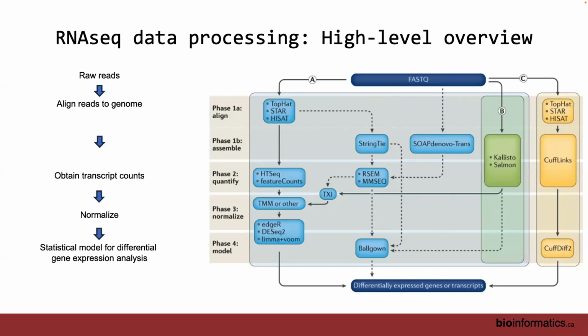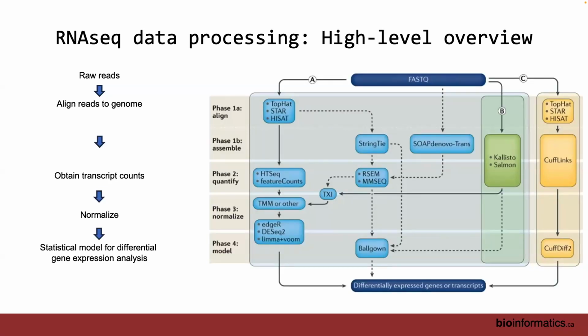Maybe it's more difficult, because with high GC it's more difficult to amplify, so it might be a bias coming from that. It could be, but if you are comparing across samples, everybody's got that bias, right? If you have a high GC gene and a low GC gene, and you're comparing the high GC genes across your cases and your controls, everybody's got that bias. You don't have to worry about that. But if you don't normalize for library size and your cases happen to have more reads, just on average, just by chance, then you might spuriously be calling upregulated genes in your cases when it's due to sequencing variation. Okay, so